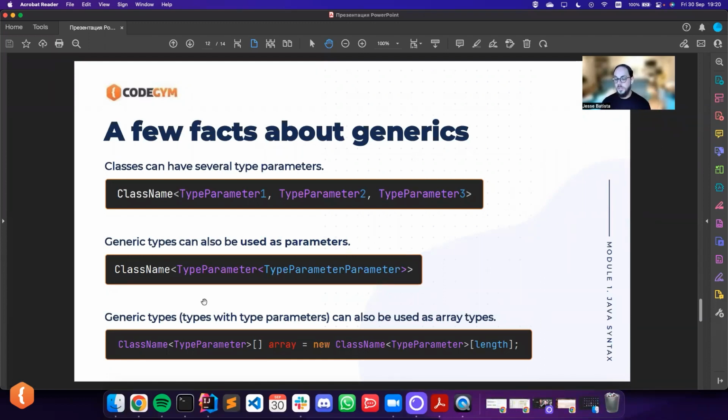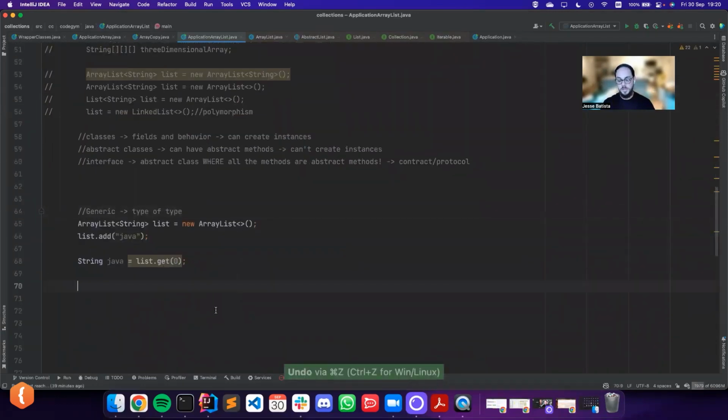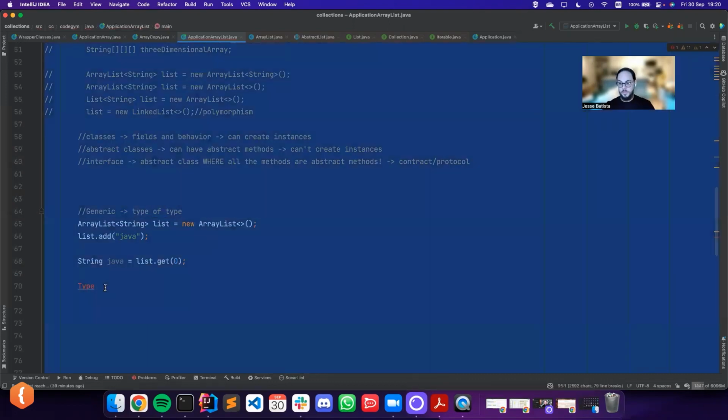And finally, generic types, types with type parameters, can also be used as array types. So everything can be defined as an array type. Every time you see a syntax defining something like a type, you can understand that it is basically anything, really anything. So if you have here a type of type,